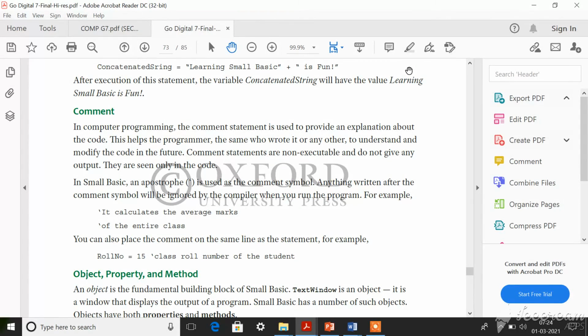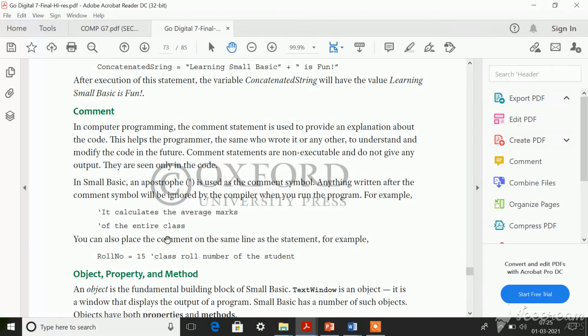Again I tell you, comments will be displayed in your program, and whenever somebody else is reading your program, these comments will be helpful for them to understand any line in your program. But these are not executable. These will not be run by your computer. Your computer will read this and ignore that. Therefore, in the output screen you cannot see whatever you write in the comment.